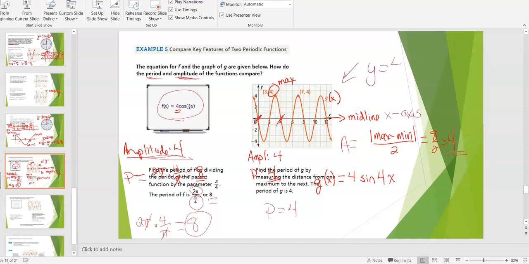Y equals 4 times something. Notice it starts at 0, 0, so I'm going to use the sine function. I found the period down here, so I could set that equal to 2 pi over b, do a little rearranging. B would be 2 pi, flip-flop, right? Divided by 4, so b would be pi over 2. So I would do pi over 2 times x,